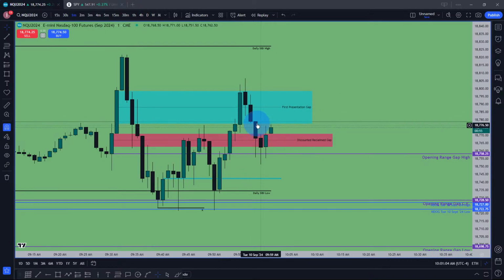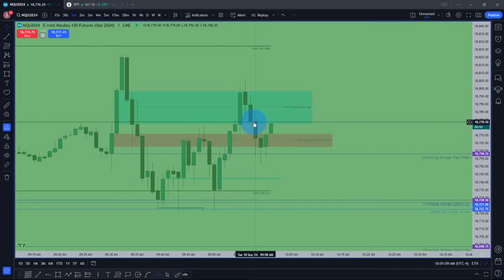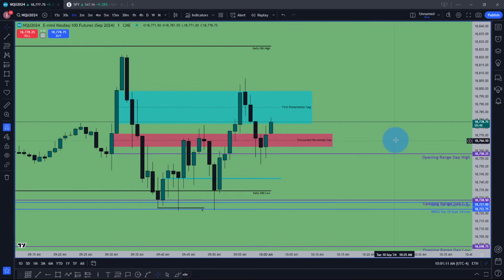I want to see what price does with these imbalances here. It's gonna move up into this gap here just to give that candle a wick, the same premise